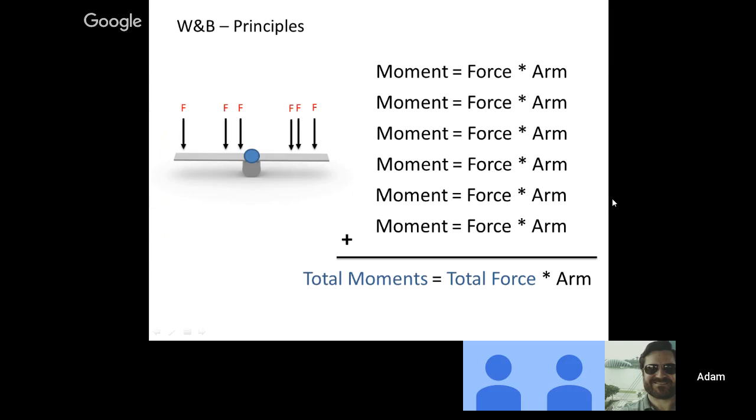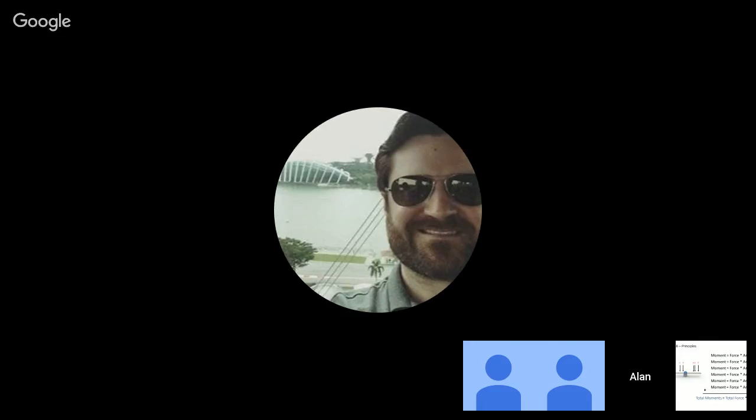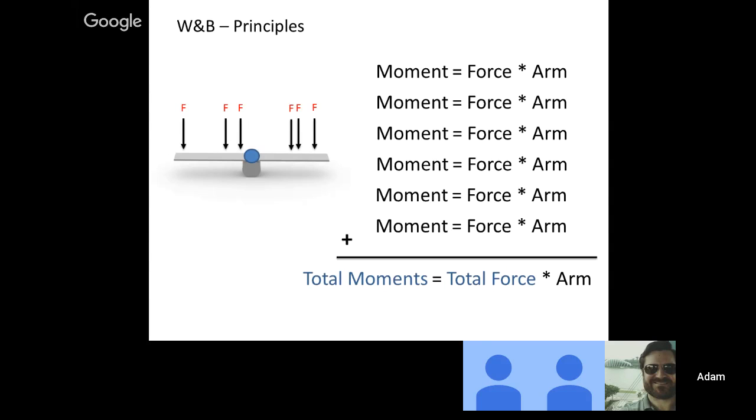Okay, and so from there, you can take it just a step further, and along the seesaw, we'll just keep using the seesaw example, you can have several forces. You can have multiple people, or what have you, and it all can be summed up. So moment equals force times arm. Moment 1, moment 2, moment 3, moment 4, dot dot dot, on and on, and you can add up these total moments and these total forces to find out where your